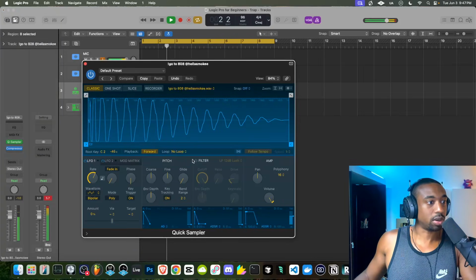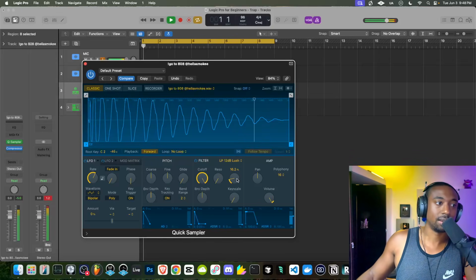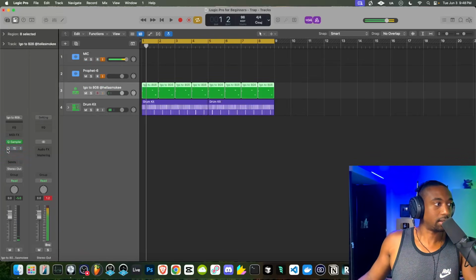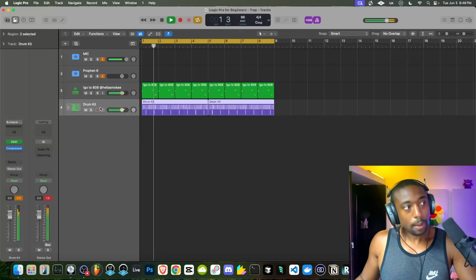So let's combine this with the drive. Go back to the sampler. Let's turn on this drive. See how that's too much saturation? Now it sounds boxy. So you got to be careful not to push your 808s too hard. So for now, we're going to leave that turned off. We're just going to click the little power button next to the compressor and just keep that off.